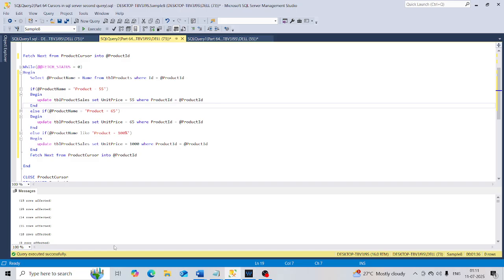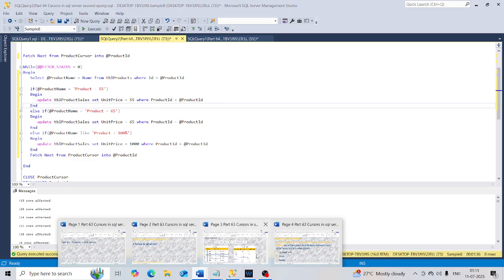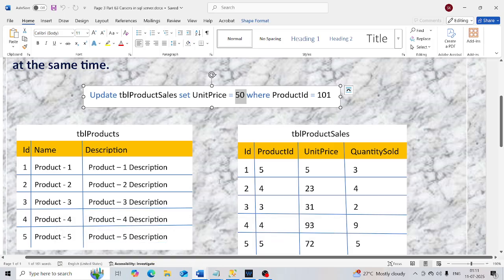Let's understand how this query is being executed. Go to the product sales table, retrieve the product ID, and then go to the table TBL products table and get the name,